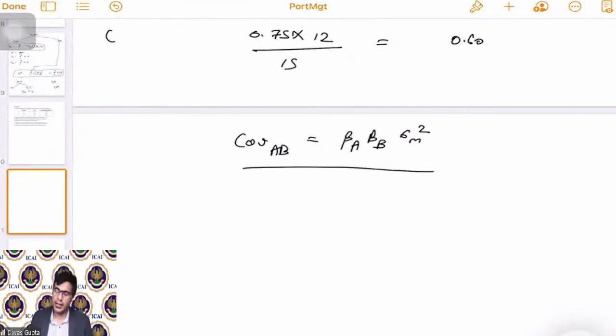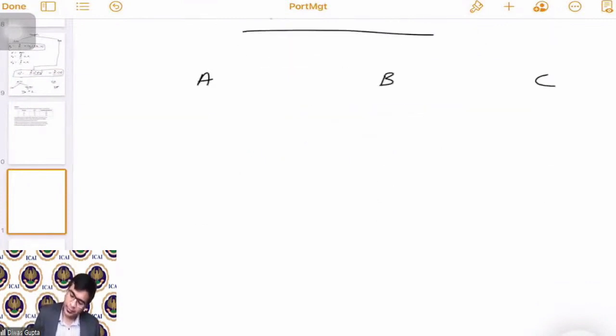That's how we can calculate it. So applying the same thing here, A, B, and C, we can just put the respective betas here, 0.80 that we have just calculated in the above step, 0.60, 0.80, 1.14,